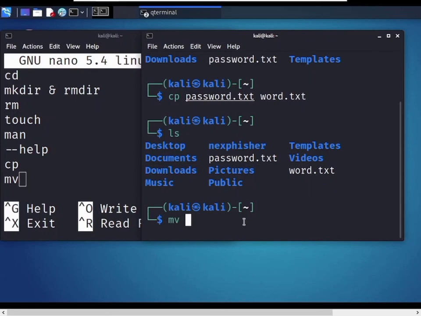To move, mv, and it takes two arguments. First, password.txt. I want to rename the file password.txt to new.txt.